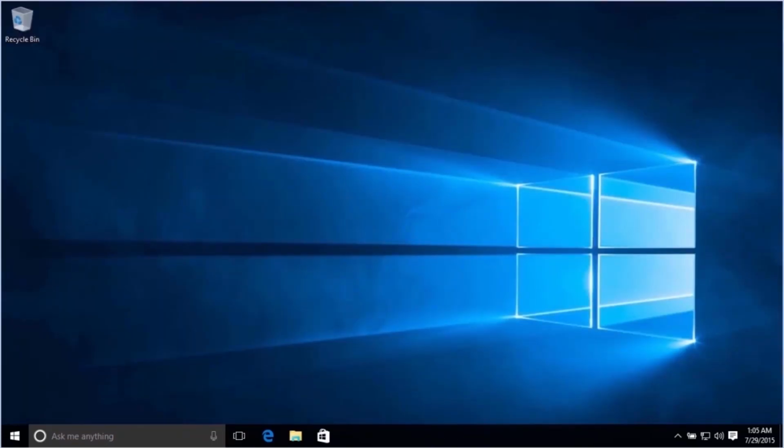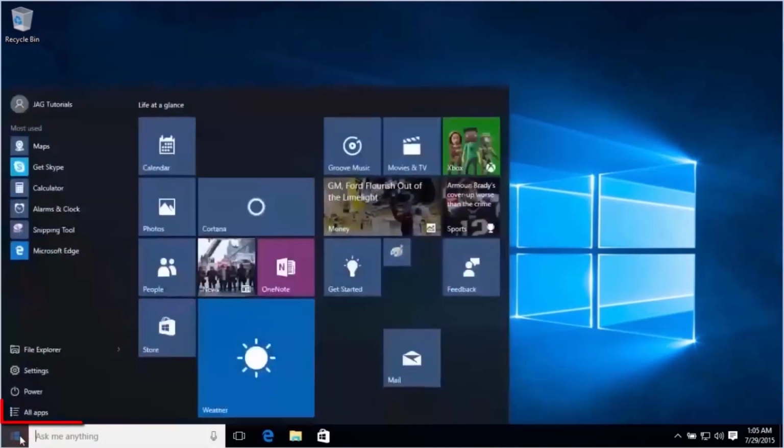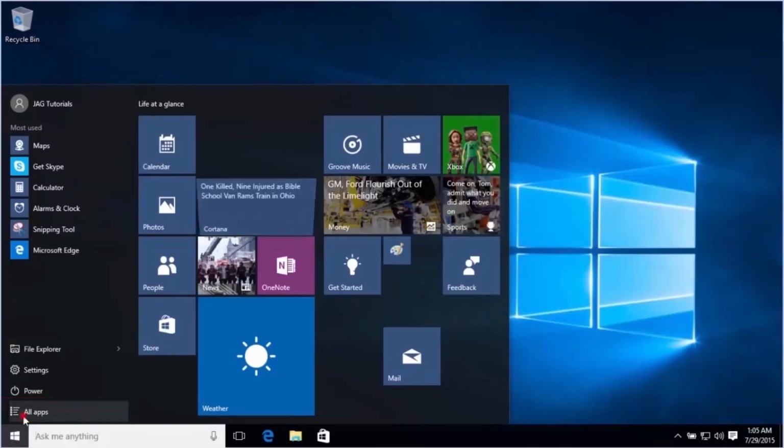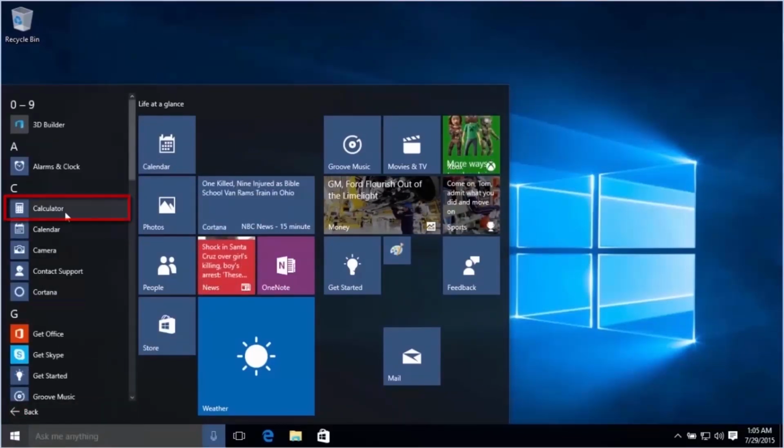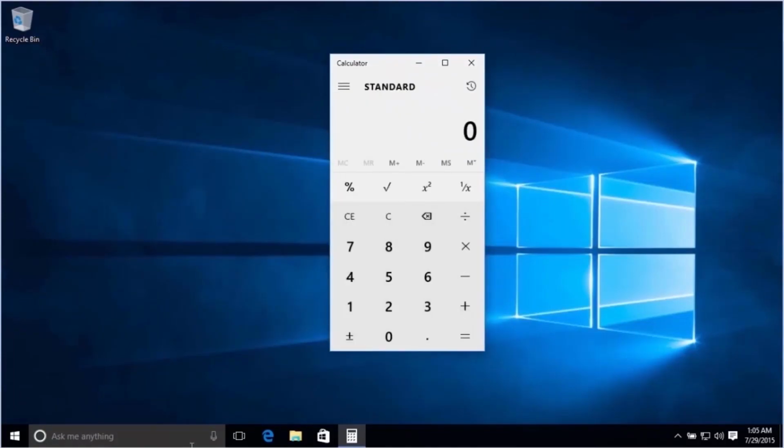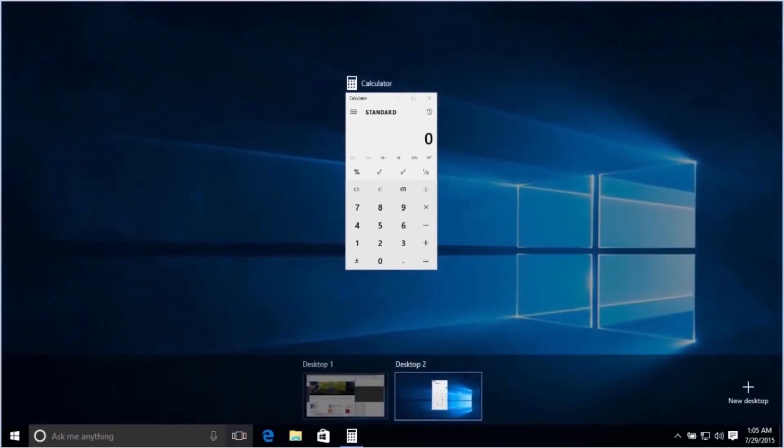For comparison purposes, let's select and open the Calculator app from the Start menu. Select the TaskView button again to review the virtual desktops. We can see the currently selected desktop is highlighted with a preview of the content above. There is a small preview of the desktop content in the tile. If we hover the mouse over either of the virtual desktops, we'll see a preview of all the open apps running on that virtual desktop.